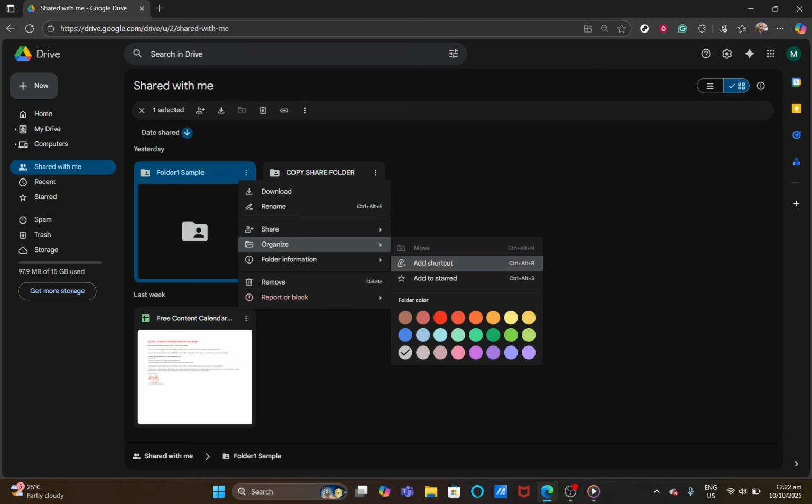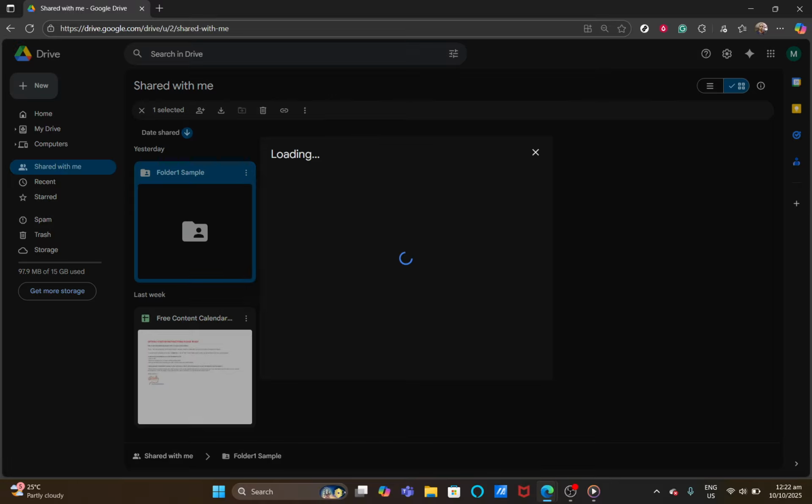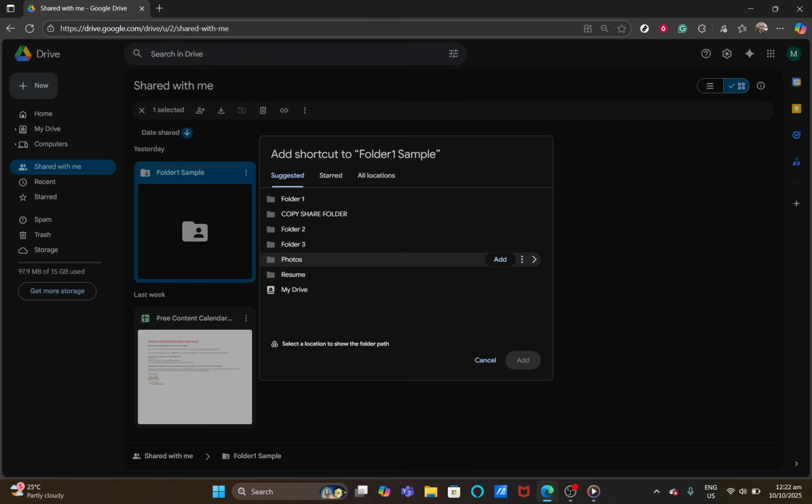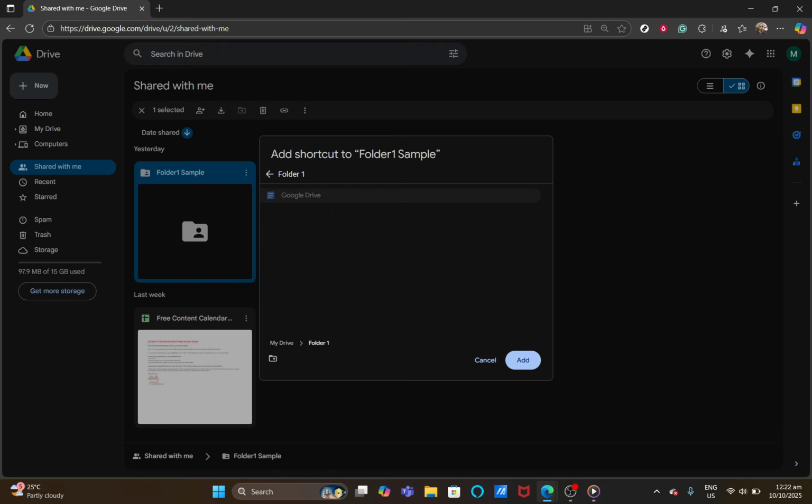Now scroll through the list and select the specific file or folder you want to create a shortcut for. When you've highlighted the item, look for the three vertical dots icon, often referred to as the Options menu. Click on it to reveal a drop-down list of actions you can take. From this menu, you need to select the Organize option. Under this submenu, you will see an option to add a shortcut. Choosing this will initiate a prompt for the next step in setting up a convenient access point for your selected